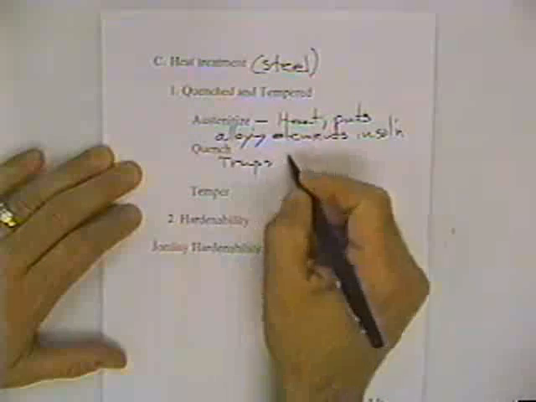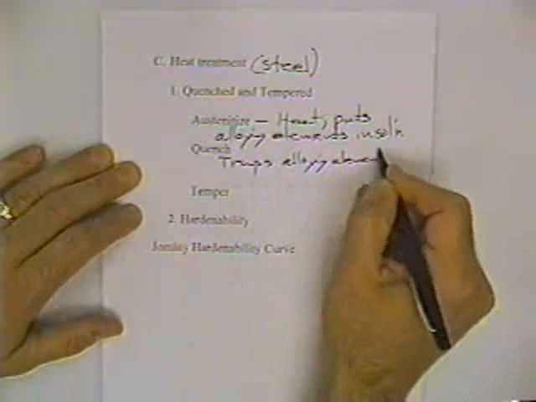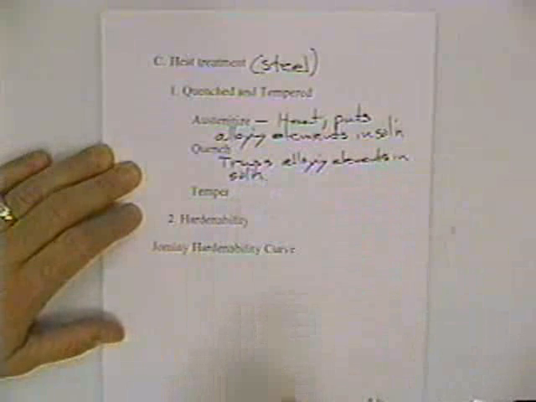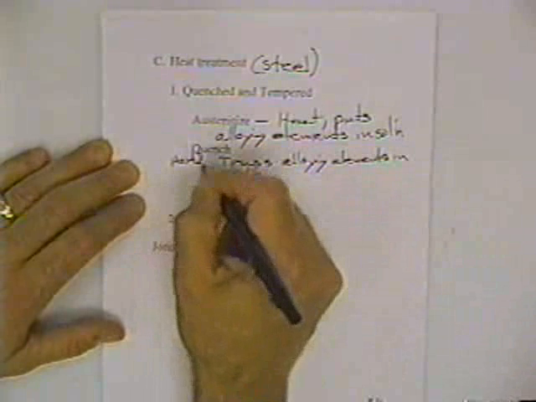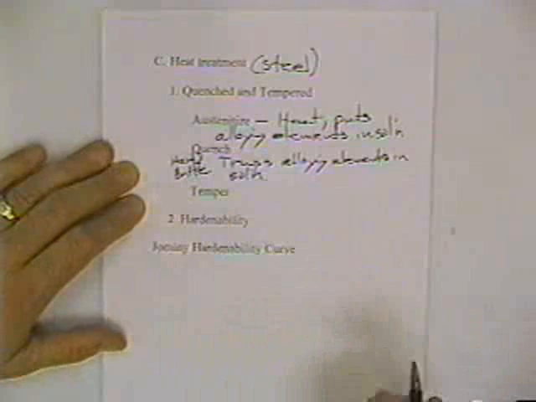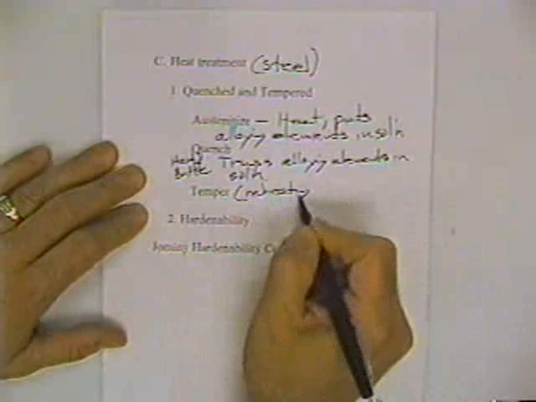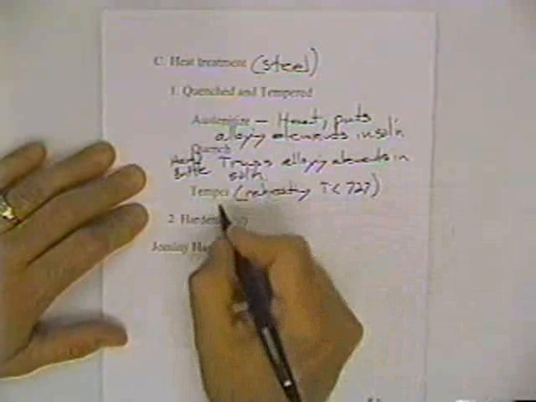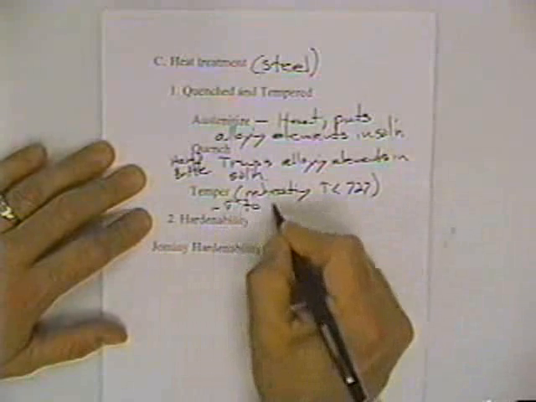This traps the alloying elements in solution, and in the case of steel, this is very hard and brittle. And then tempering involves a reheating to a temperature less than 727, and now tempering causes the strength to